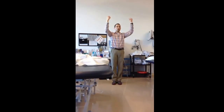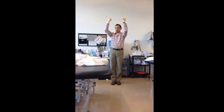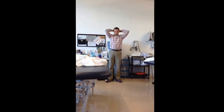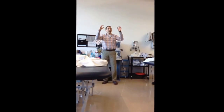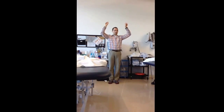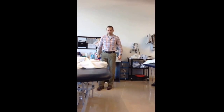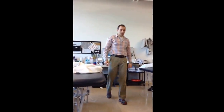So you can do pull-ups with the palms facing you in supination that emphasizes the biceps. Some of the pull-up machines where you have assisted or weight assistance allow you to hold in a more neutral position, and then some people do pull-ups with their forearms pronated, and that obviously will emphasize the brachialis more. So you can do reversal of muscle action, and the other thing you can do if you're at a gym,